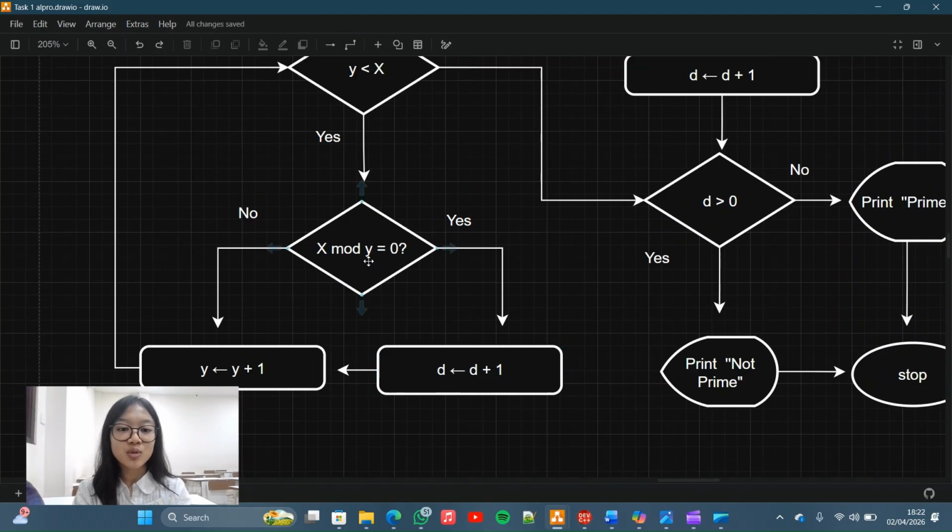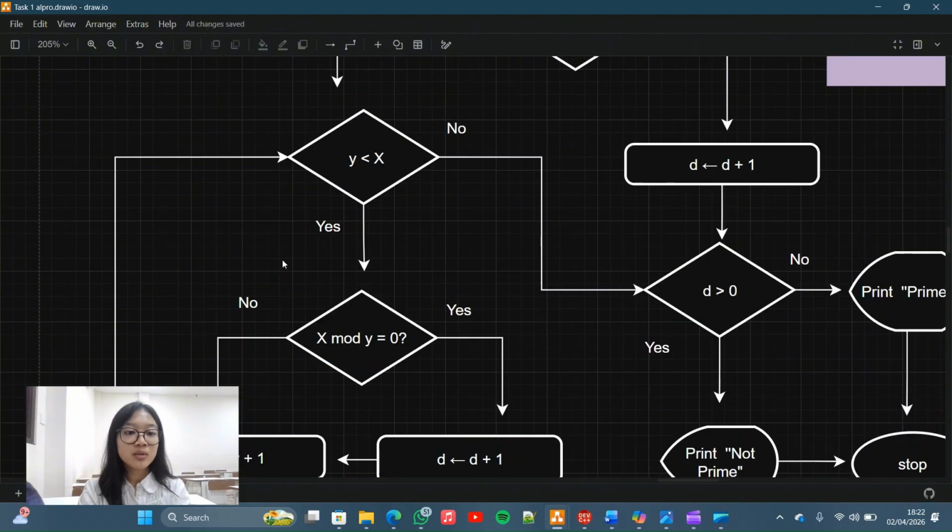Because if x modulo y equals 0, it means x is divisible by another number. Meanwhile, a prime number can only be divided by 1 or the number itself. Whether yes or no, the flowchart goes to y plus 1 and stores it to y, and this keeps looping.